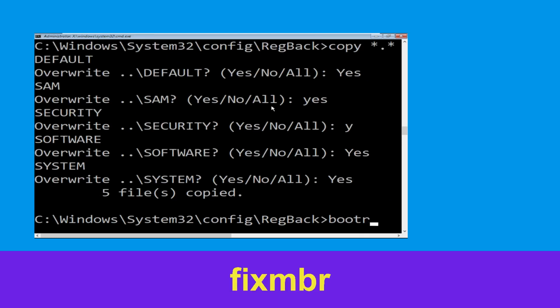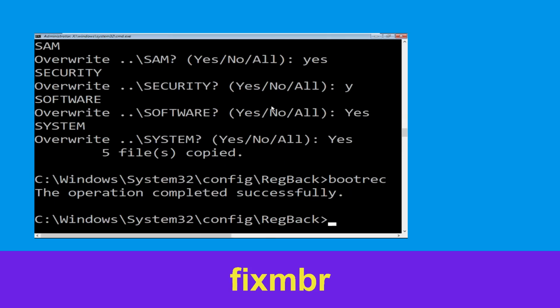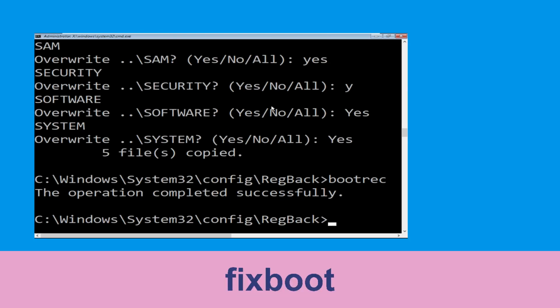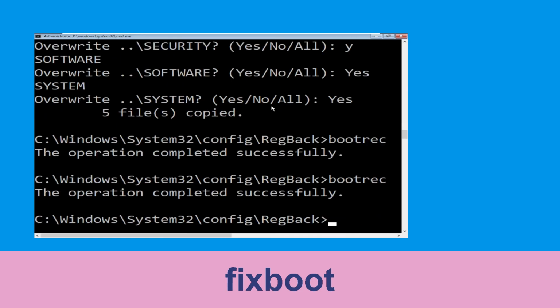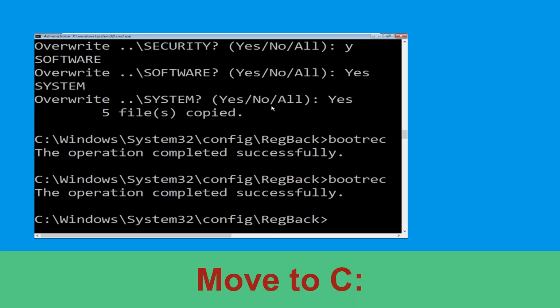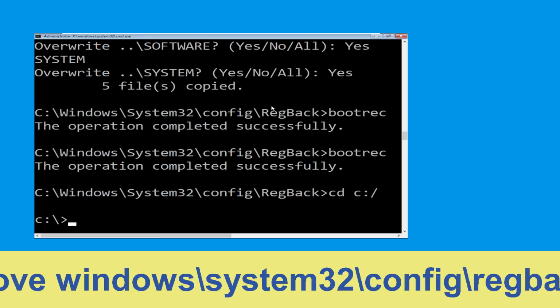Now type bootrec space /fixmbr and simply hit enter. Now execute this command. Type in bootrec /fixboot and hit enter. Now type cd space c:/ and simply hit enter. Let's execute this command. Type cd space Windows